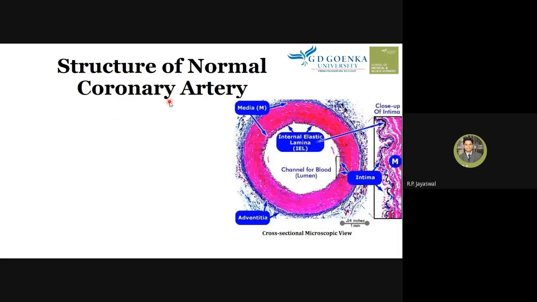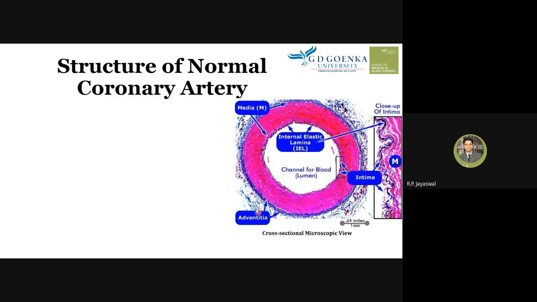Here is what you can see under the microscope when you have a permanent slide with a sample of coronary artery. This is the cross sectional microscopic view at high power objective. When we observe the slides at high power objective, we will be able to see these views, these images. Let's discuss what this image shows.